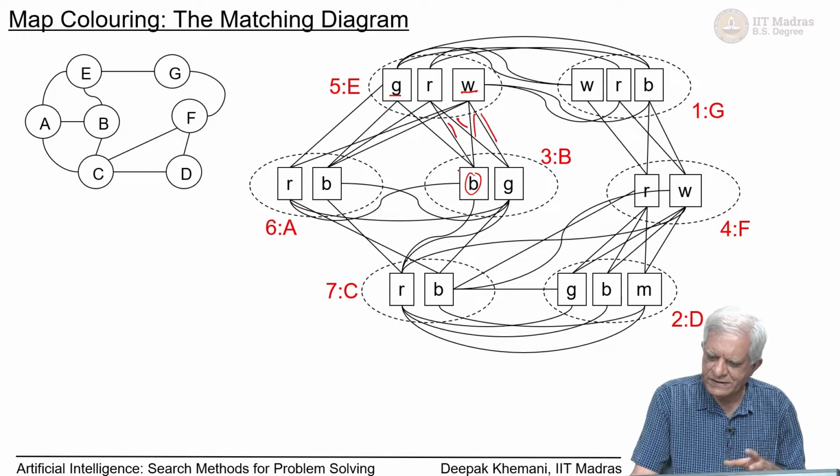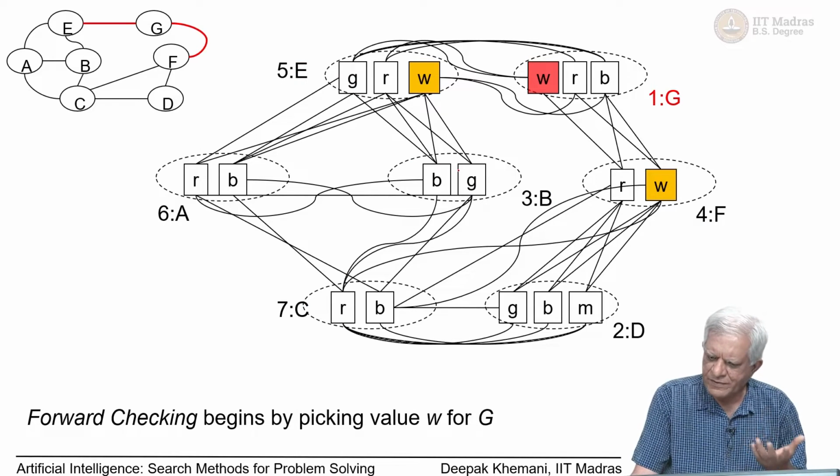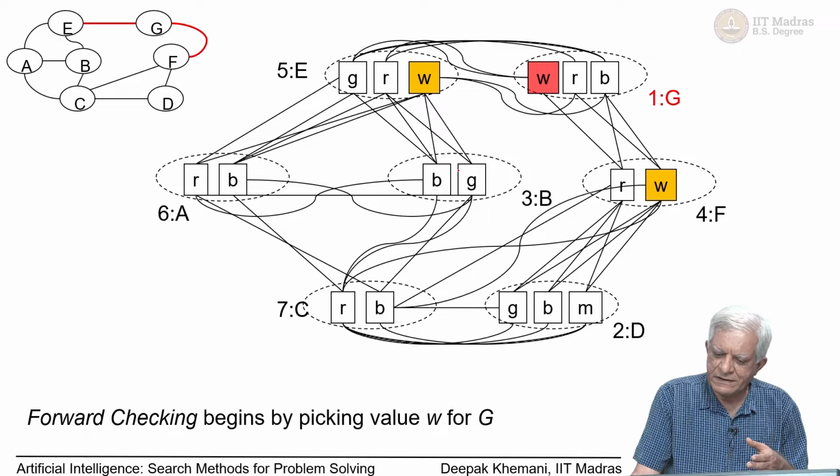So, the order is, as you can see on the right, the G variable is the first one, and we will pick the first available value for G, and that value is W essentially. So, what I have shown in